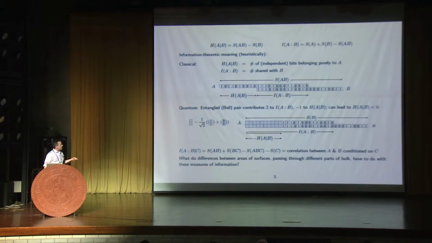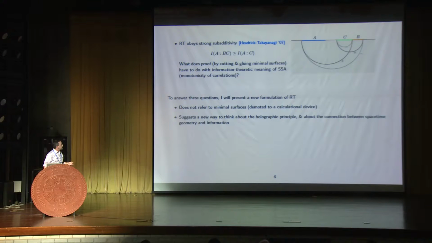And then my third complaint about Ryu-Takayanagi, which is clearly related to the other one, is so we have this proof that it obeys this important strong subadditivity inequality, and the proof is fairly simple. For example, in this kind of simple setup, it basically reduces again to saying that this area plus this area is more than this area plus this area. So again, we're comparing areas of surfaces passing through different parts of the space and making a very simple argument that that difference is positive.